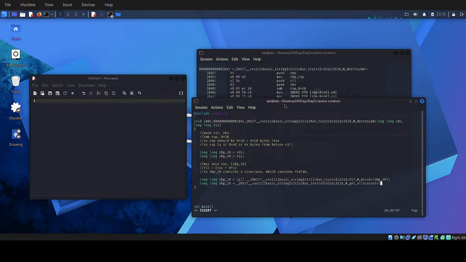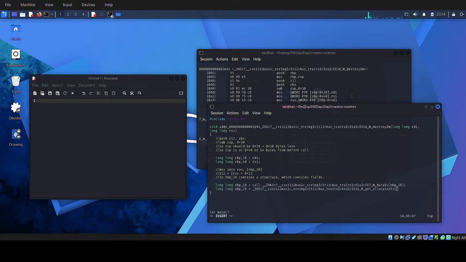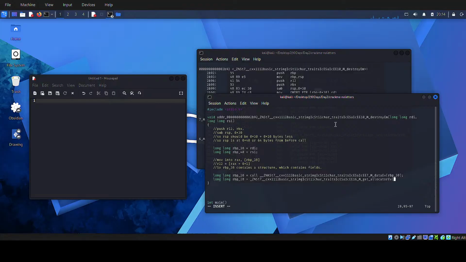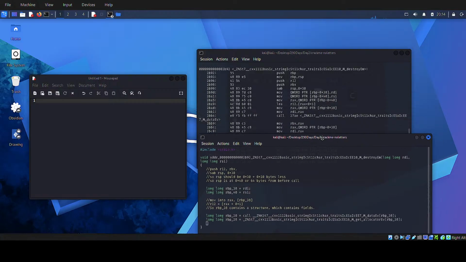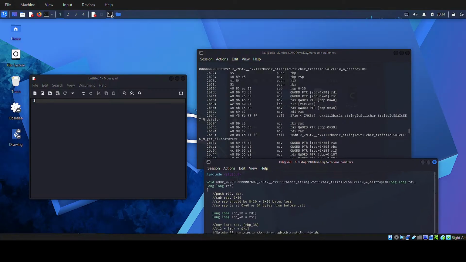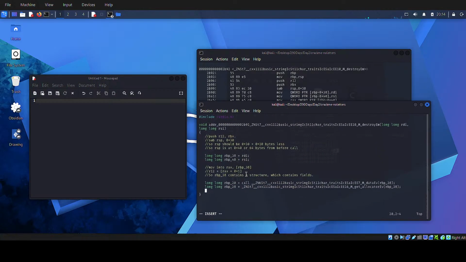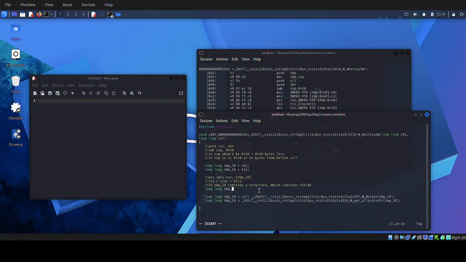I'm getting worried about this, bro. I want to save this somewhere. Okay, save there. RBP underscore 38. And then it's going to save R12 into there, and we know that R12 contains this thing. Okay, and then so right here we can do long RBP underscore, what is it, 18 plus,